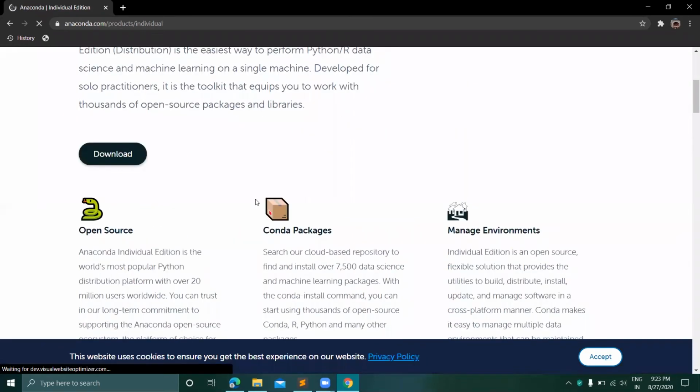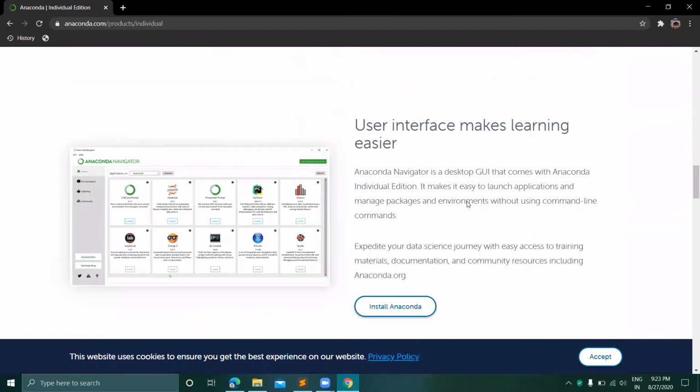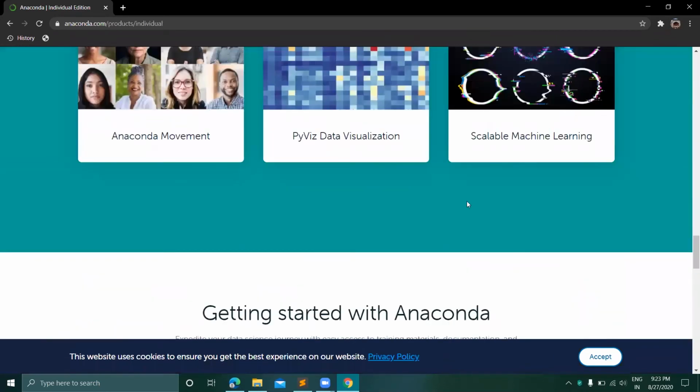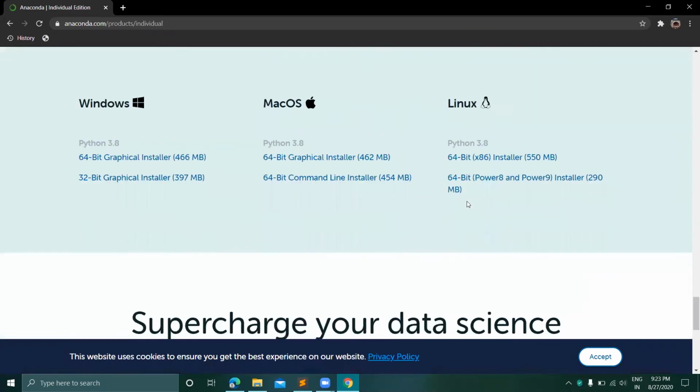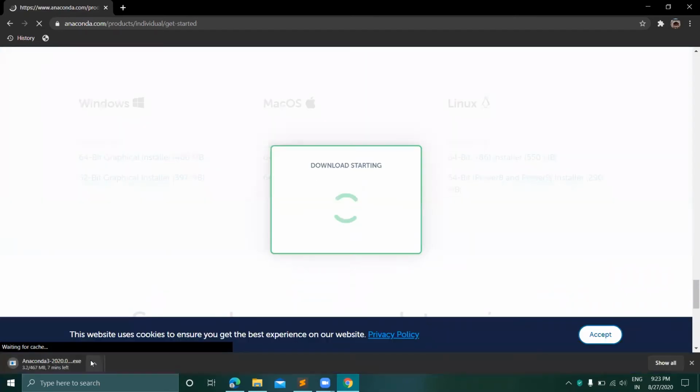Now what you have to do is click on get started, and then it is a 64-bit graphical installer. Click on this. After that, you see the download has successfully started.